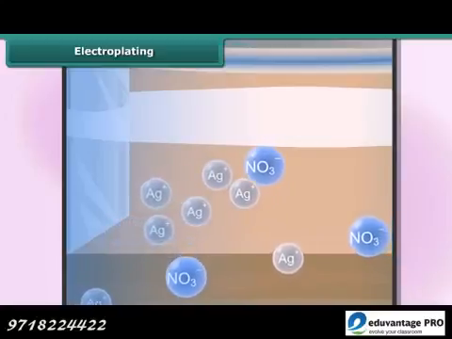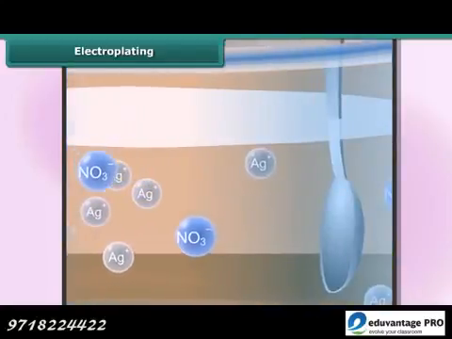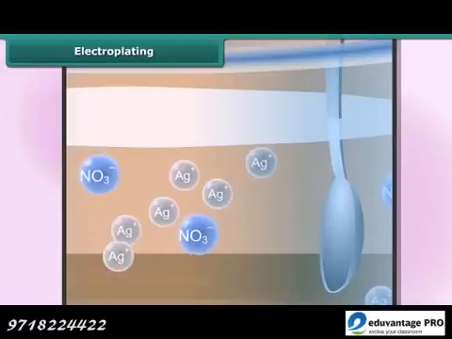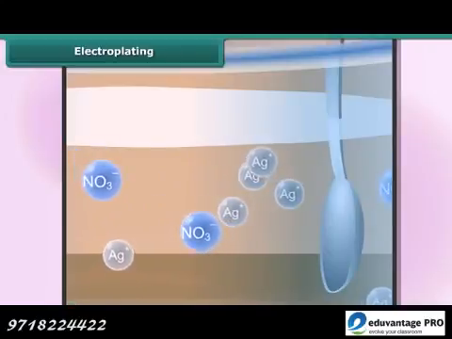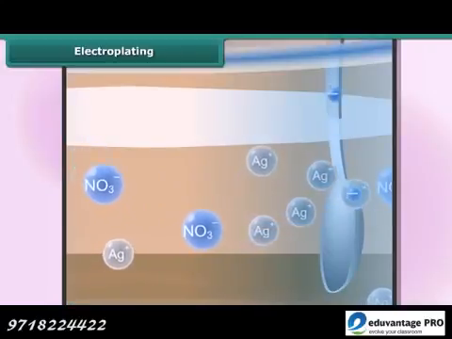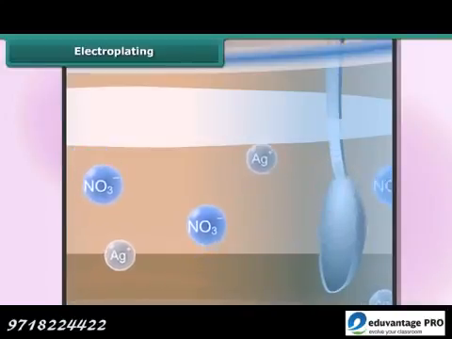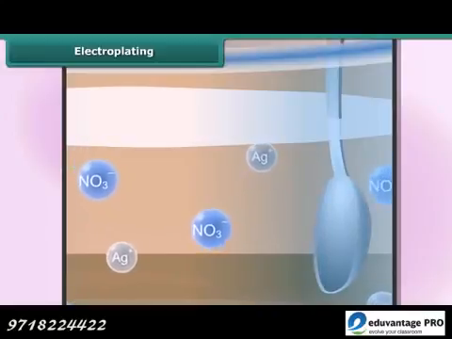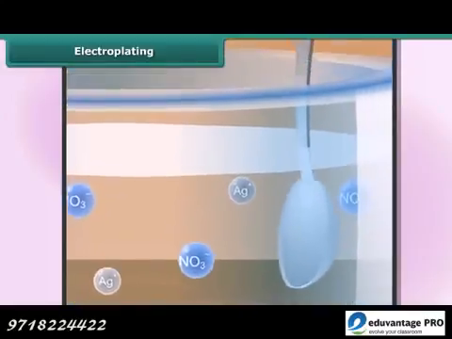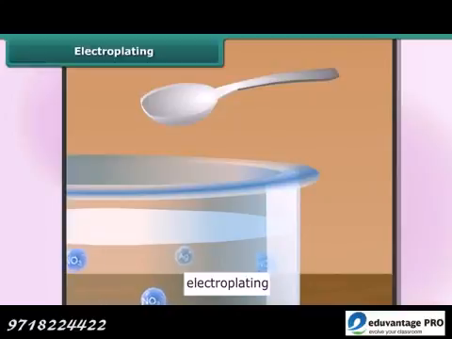This results in the formation of positively charged ions which separate from the anode and pass into the solution. There they migrate towards the cathode, attracted by its negative charge. When they reach the cathode, they accept electrons from it and change into silver atoms which deposit onto the cathode